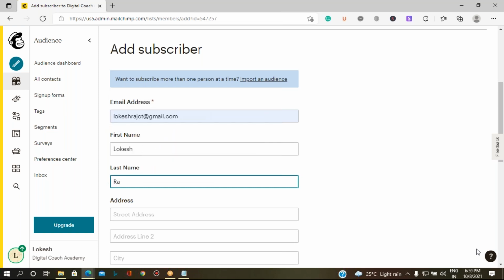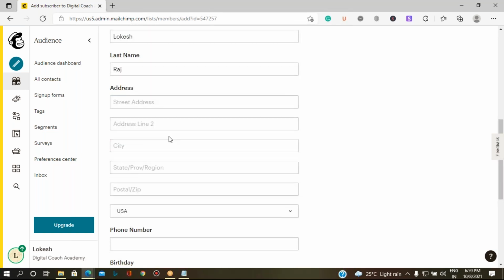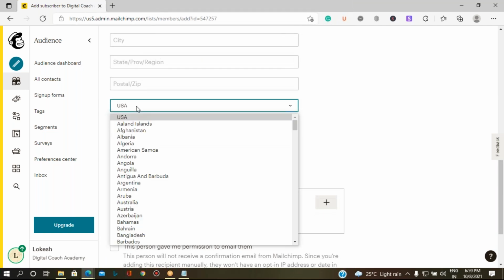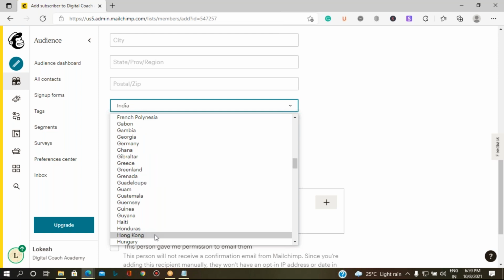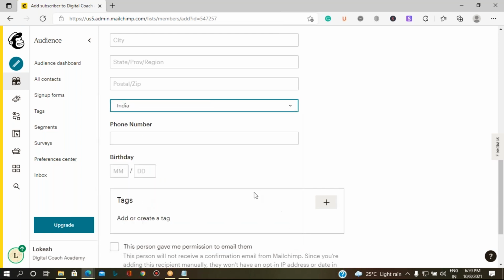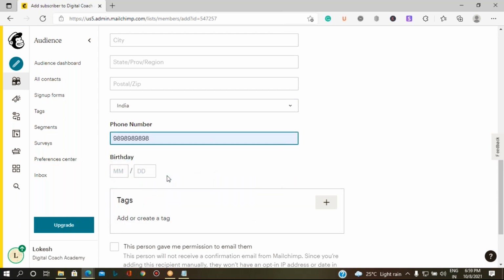The last name I'm giving, and it's not mandatory to add the address. If you want, you can add it, no problem. But make sure that you select the right country. Then if you want, you can add the contact number and the birth date also.